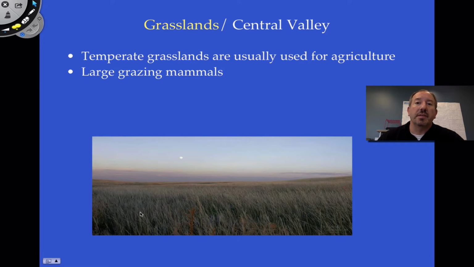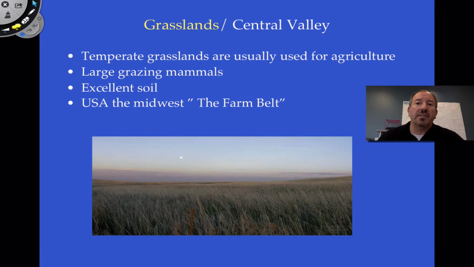Now, if this was grasslands in another location, you'd find maybe different sorts of mammals grazing. But the main characteristic is that the soil is very fertile. It's good quality soil. And that means that there's a lot of mineral elements there, like nitrogen, phosphorus, and potassium. The central part of the United States is known as the Farm Belt, but the Midwest of the United States is sort of the breadbasket, not only of our country, but really of the world. We have a really powerful ability to grow lots of agriculture in the Midwest because of the grasslands.